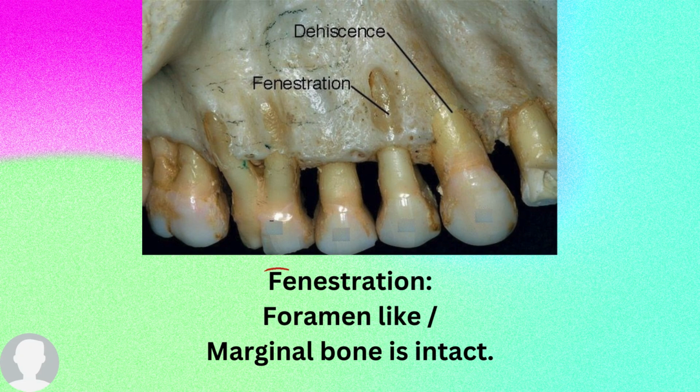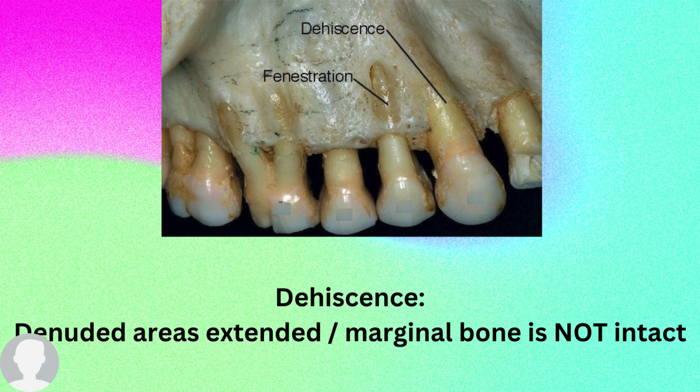Now, what is fenestration? There is a simple mnemonic I wrote. You know that the word fenestration starts with an F, so it is foramen-like. So there will be a foramen, and you can see that the marginal bone will remain intact with fenestration, not like the opposite way around in the dehiscence, which is equal to down. It's going down. So in dehiscence, as you can see in the picture, the marginal bone is not intact,